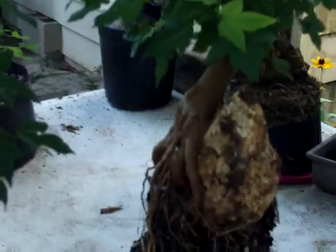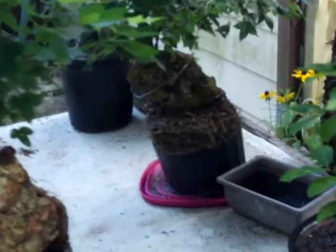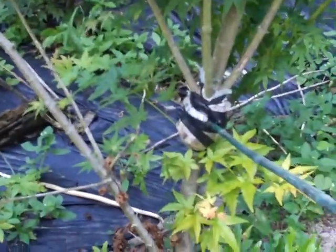More fig trees, and you might remember the root over rock plantings. They're coming along really great. I've had them exposed all season, well, since early spring, and I'm letting them gradually get watered out and watered down. But again, the idea is to allow them to acclimate to the sunlight, the UV rays more specifically, and letting the roots harden off. I've got air layers here,